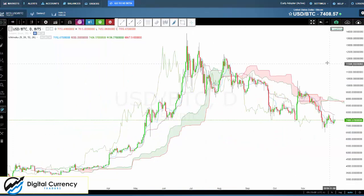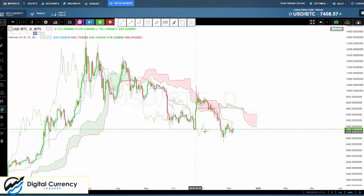Daily Ichimoku Cloud is still quite negative. We're well below the cloud. Anytime we come up into the cloud, I'm watching for a sell signal. Until it breaks through the cloud and creates some structure, I'm looking for a continuation of the downtrend, a move up and more